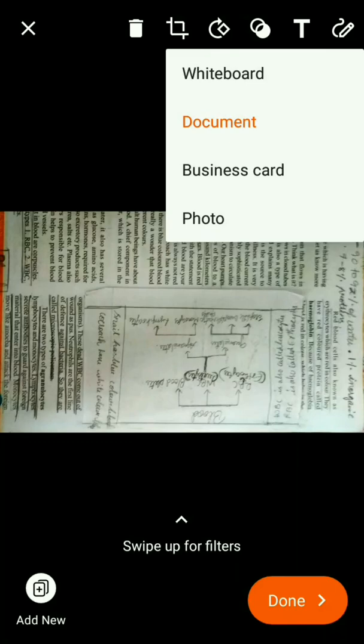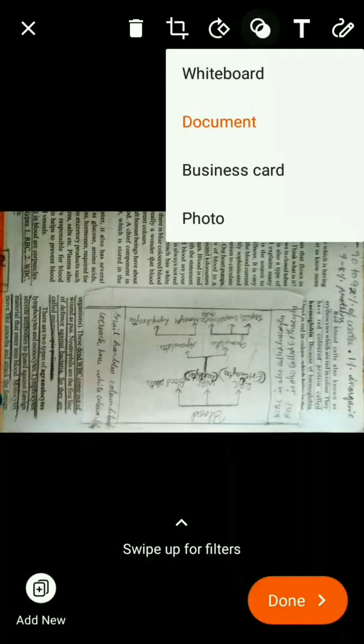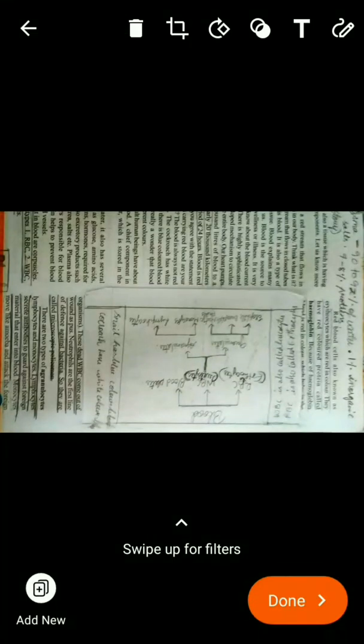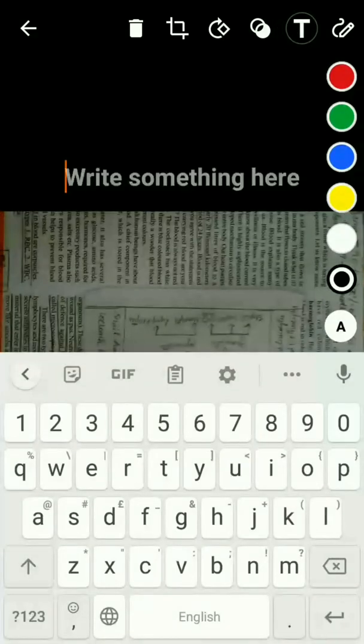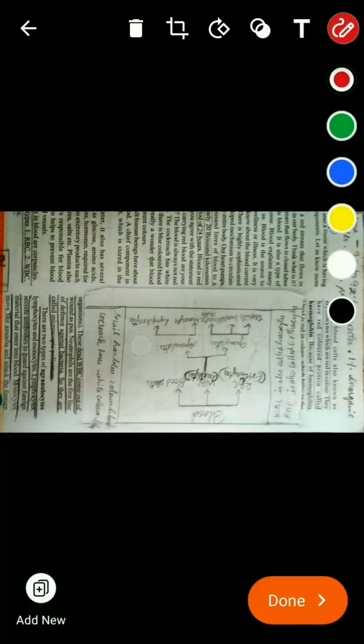You can do all the settings here, filtering or rotating the image, or you can even crop it to the size you need, and then it will automatically decide which filter is correct. But if you want to give it manually, then you can swipe up and give the filters, and I need not show you the rest of the settings because you can see them directly here. You can even insert text, or you can doodle something like this, and these are the basic features of Office Lens. If you want to add something from the gallery, then you can see here, or just swipe up and add it from the gallery.